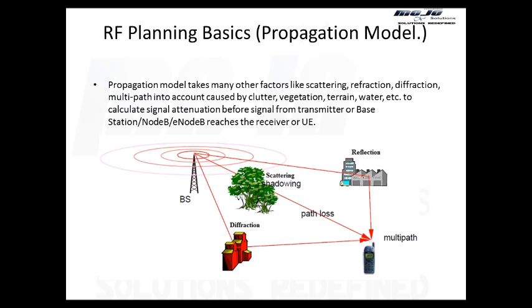There is a lot of theoretical work being done, and it is a work in progress till today, because AT&T, for example, has a project called the suburban project or rural project. Basically they bought a new propagation model. That propagation model was integrated with their planning tool, which is ATOLL or ASSET, and they use that propagation model to predict the signal level more accurately. So those propagation models, if you understand the radio propagation environment,